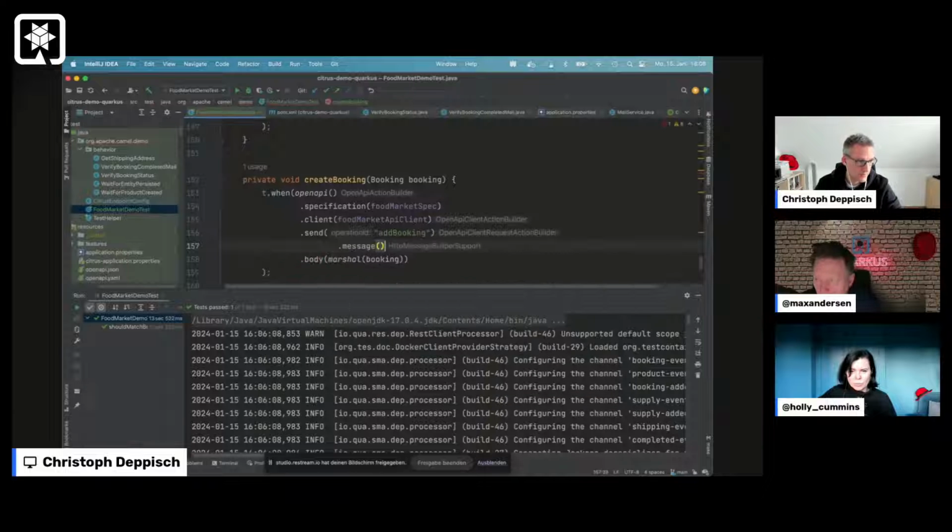So the OpenAPI specification says this is the resource /API bookings, and you should send a JSON request because this is what is expected from the server and so on. And everything is now leveraged from the OpenAPI specification. The only thing that I do is I give the booking content. You could also generate this from the OpenAPI specification, but then you have to do a little bit more advanced things with your test data,